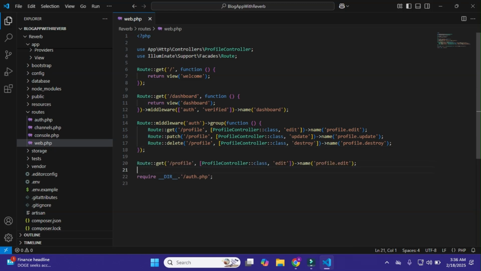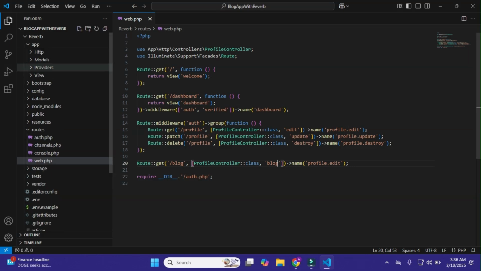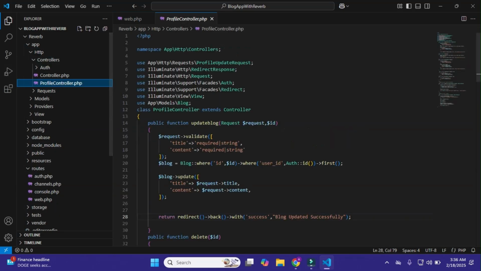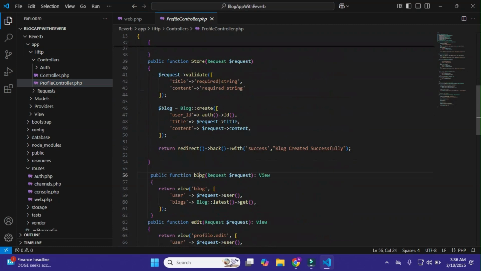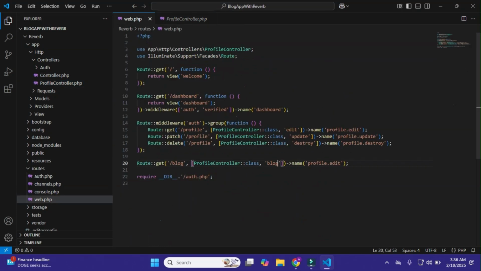Okay, and it is route get slash blog, and within it I'll just simply pass the function that is App HTTP controller, this blog function. Okay, so this function returns the blog view. Okay, so I'll just simply pass this function here, and just simply name this function as blog. Okay, and it is in the profile controller.